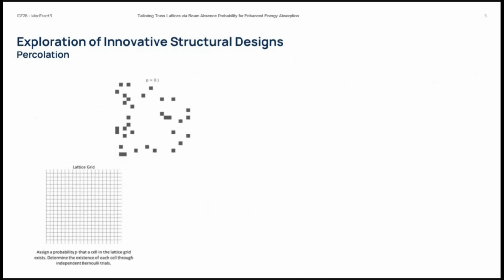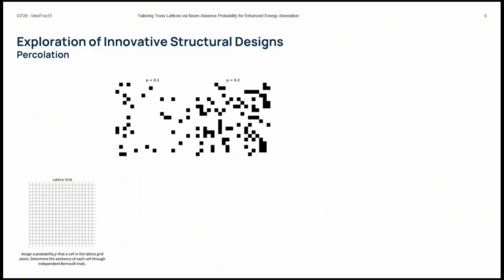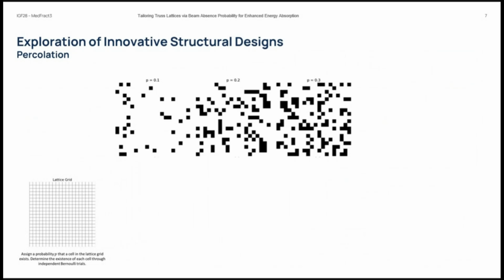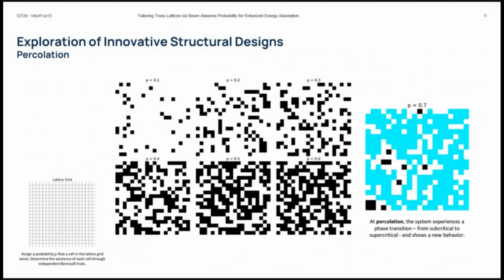So when you do so with the probability P at 10%, you will see a bunch of black points. This is the material in our grid. But there's no way that you can span the system from top to bottom, right? There is no continuous way that you can connect the top and the bottom face. But you can increase the probability to 20%, 30%, 40%, 50%, and 60%. And again, you won't see any path spanning the system from top to bottom. But now, when you increase the probability above 60%, this critical probability depends on the system. In this case, for a grid, it is around 60%. You will get this